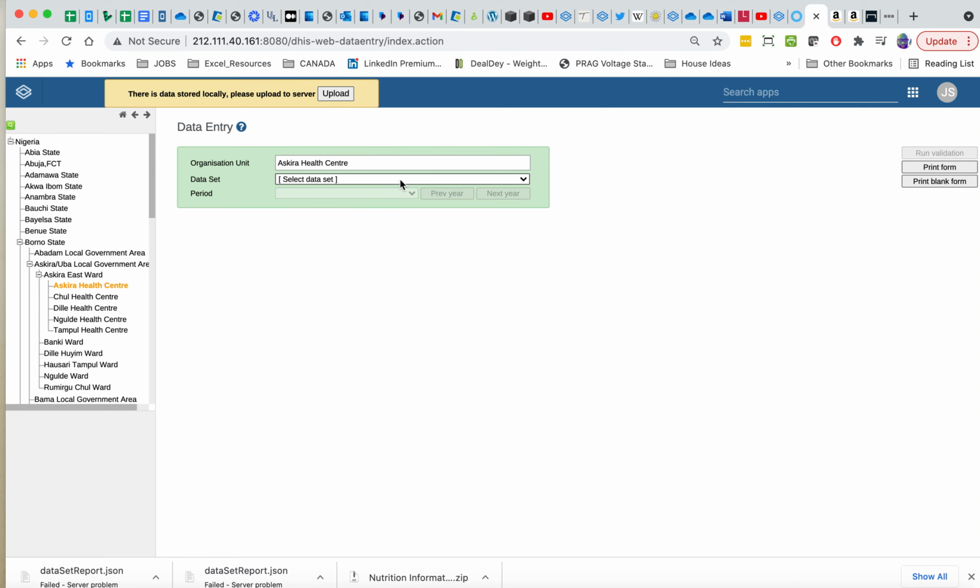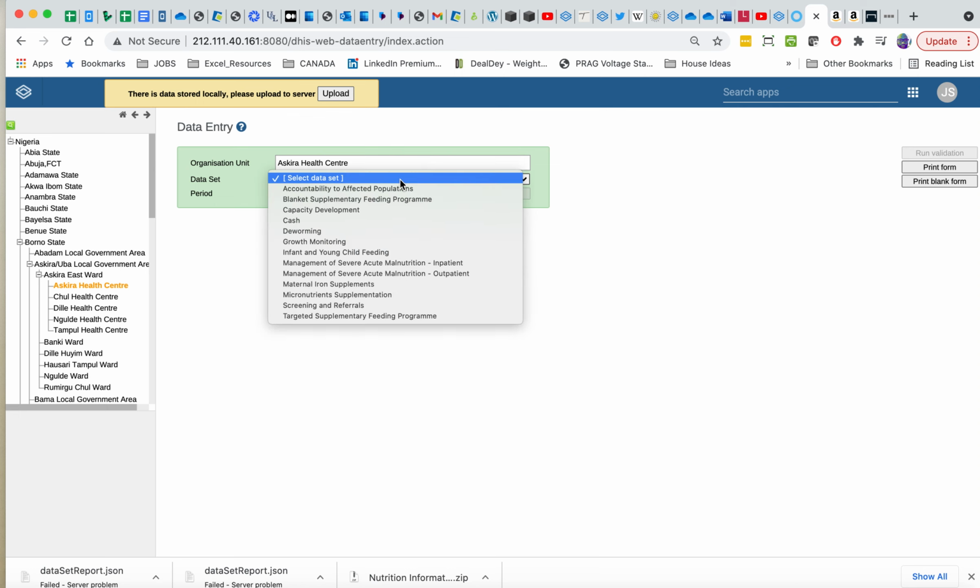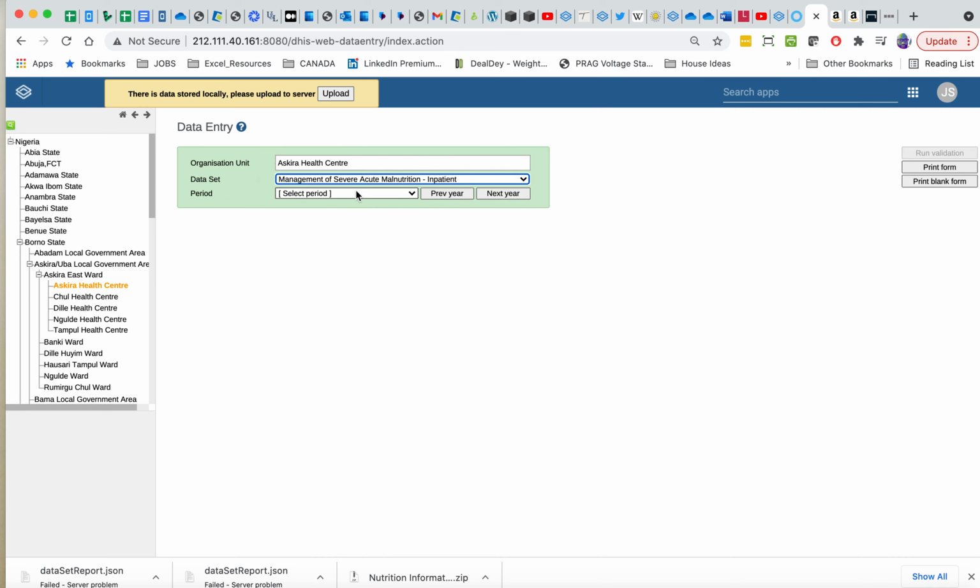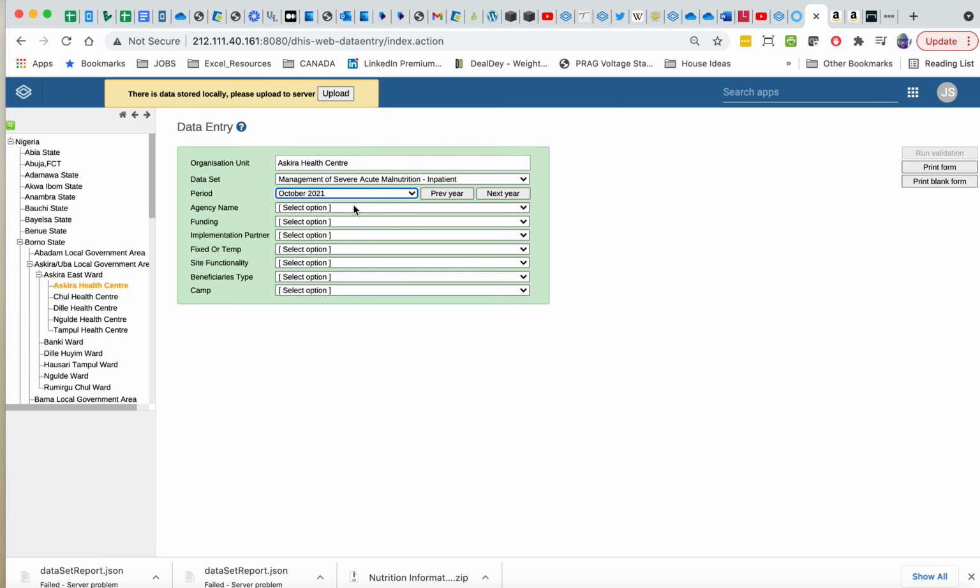And then you select your data set. For the purposes of the GNC website or GNC instance, there are quite a few data sets. For this demo, we're going to use management of severe acute malnutrition inpatient. Once you select that, then select the period, then all the categories that you need to work with: agency name,